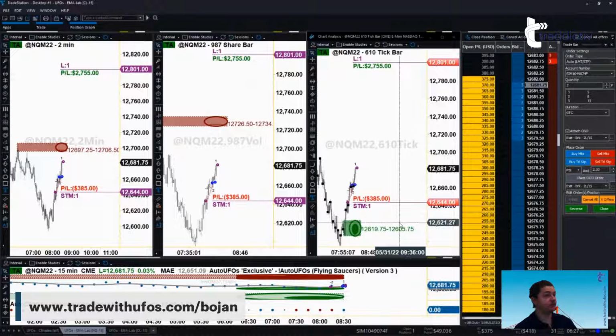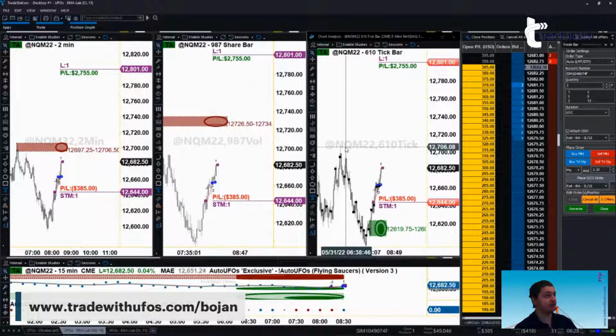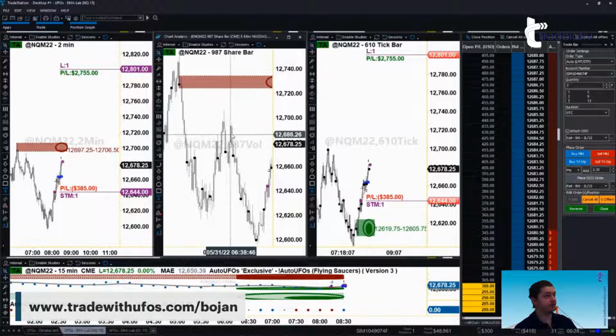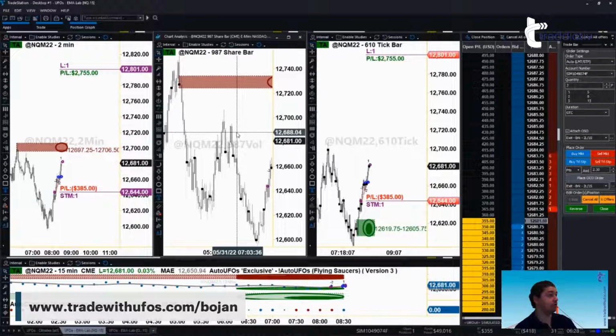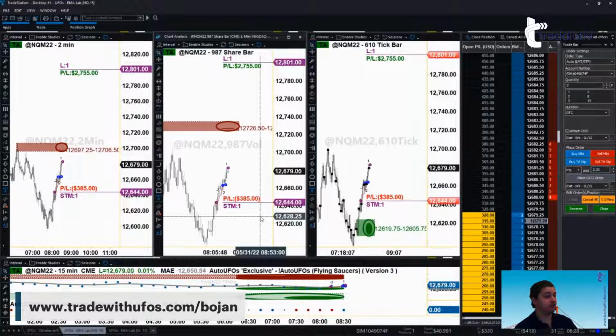All right, now we just need a new UFO to move our stop to, and we can just let this run. Obviously, we have a bit of a top here, of course, on basically all these time frames. We have a double top essentially there. What's surprising me is that on this kind of a move up, we're not seeing any UFO occur on the way up. So we'll see what happens.